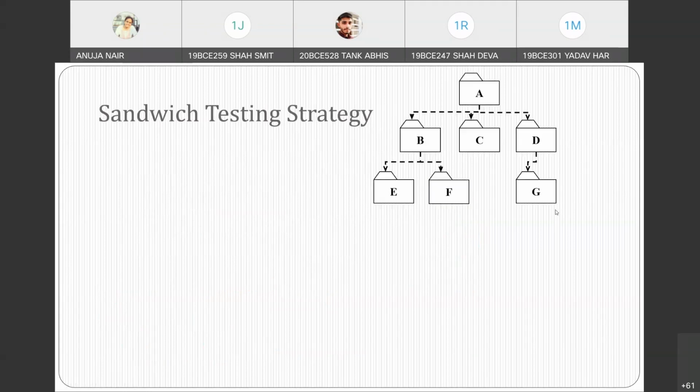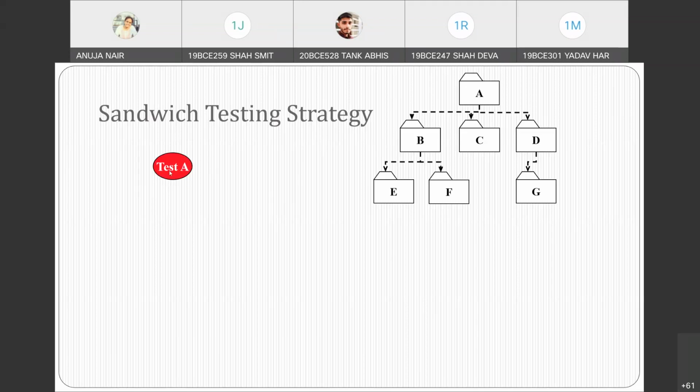So now see again how a sandwich testing works. Let's go through the layers. So first layer is, see, I want to test B, C and D. I cannot start from the middle. Either I have to start from the top or I have to start from the bottom. So what did I do? I started from the top.